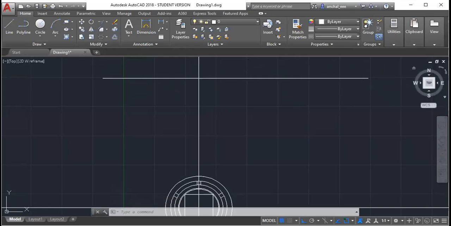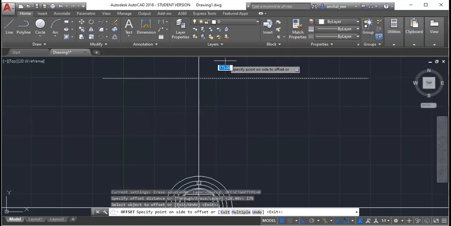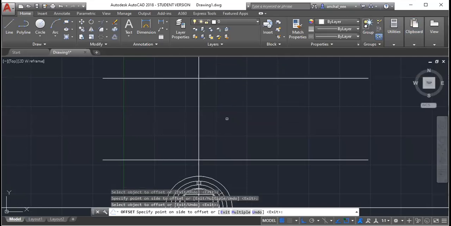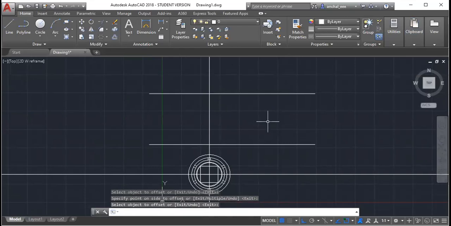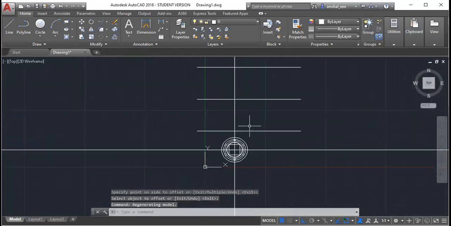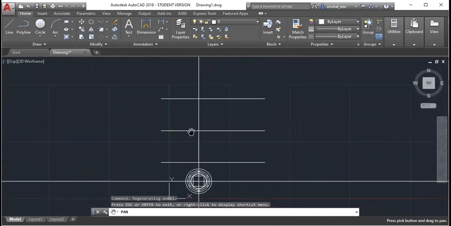See, height of the window is 220. The overall height of the transformer is 350. Half of 350 is how much? 175. So offset at a distance of 175. Then from here upside, from here downside. Can you see? We have this. Correct.